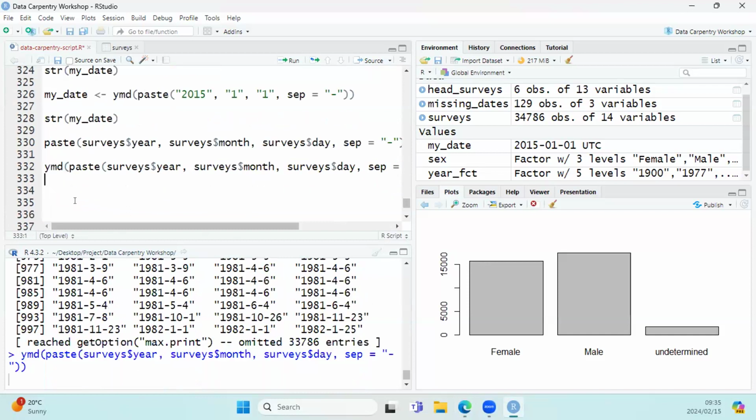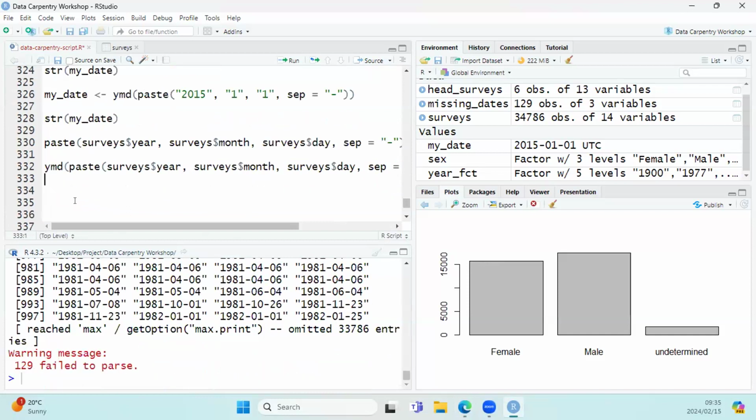And let's see what happens. Ooh, 129 failed to pass. And we are expecting this. So there's a warning that tells us that some dates could not be parsed by the ymd function. For these dates, the function returned NA, which means they are treated as missing values. We deal with this problem later, but first we add the resulting date vector to the survey data